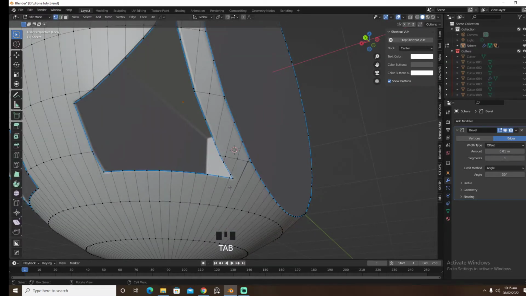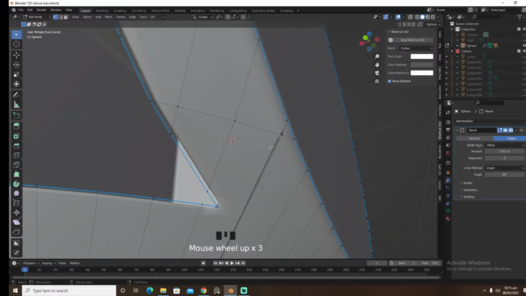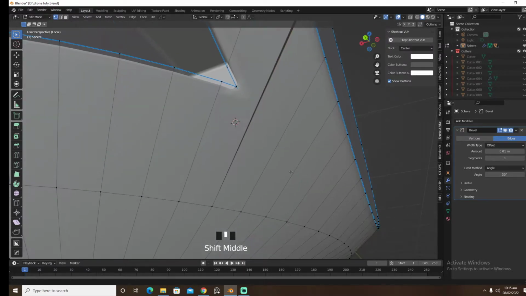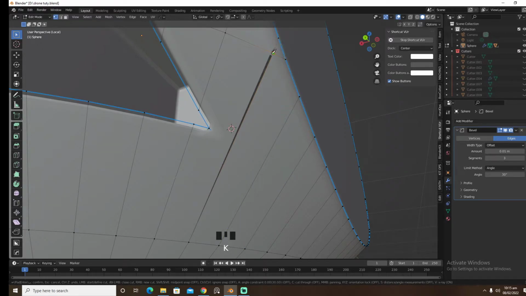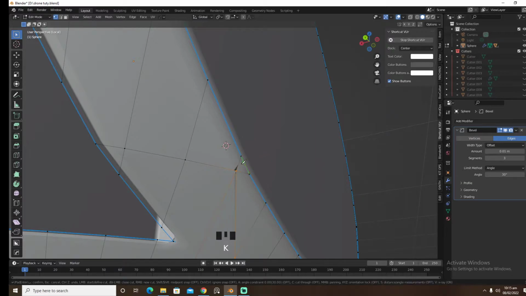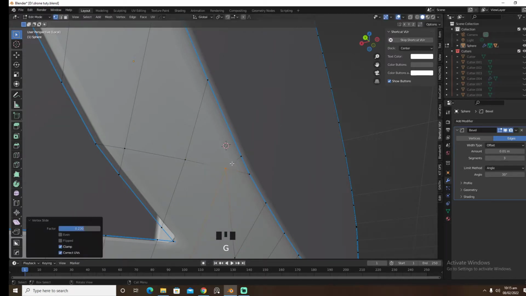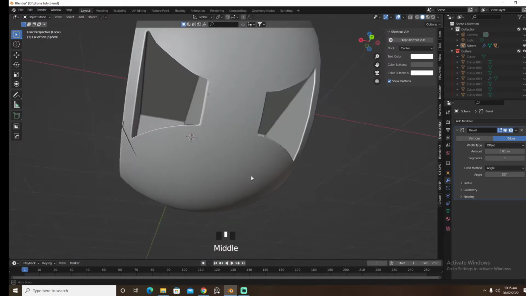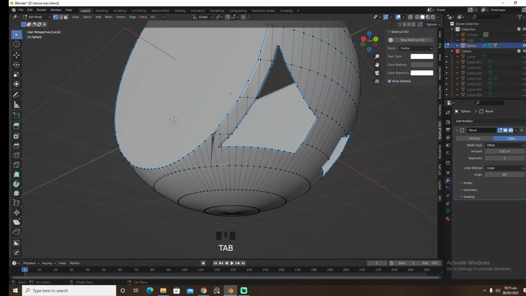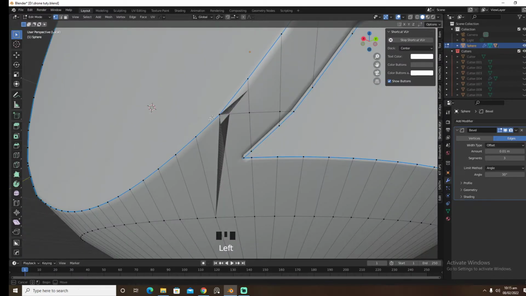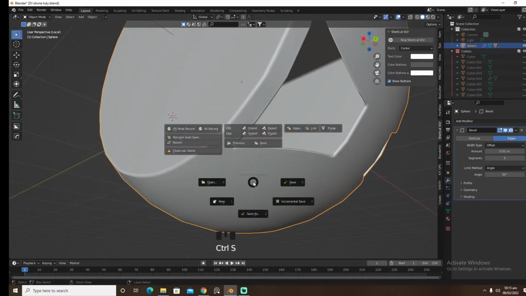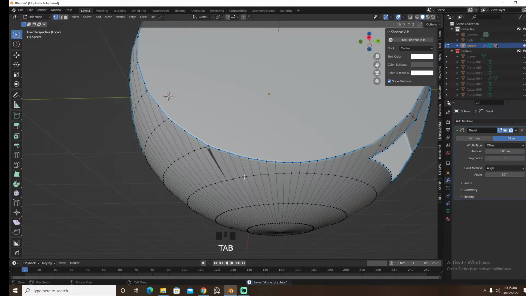Let's see, we have something going on here. So we're going to use the knife tool and join them together here. We're going to use the knife tool and just bring it somewhere right about there. And we have some cluttering going on over here, so bring it here, save this,